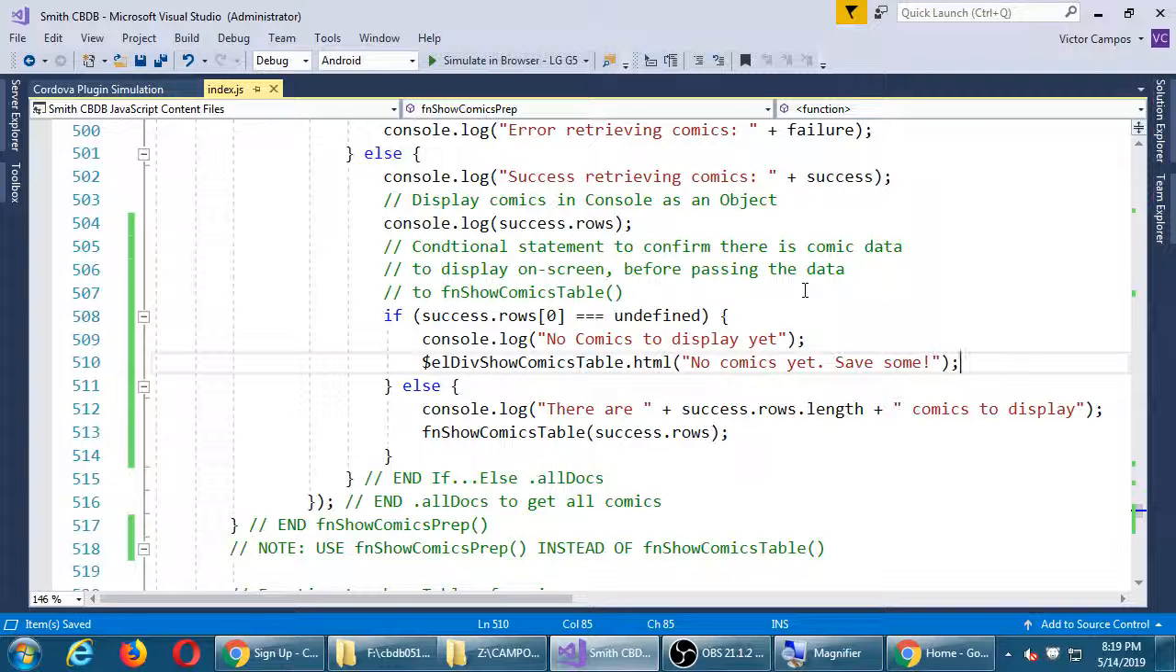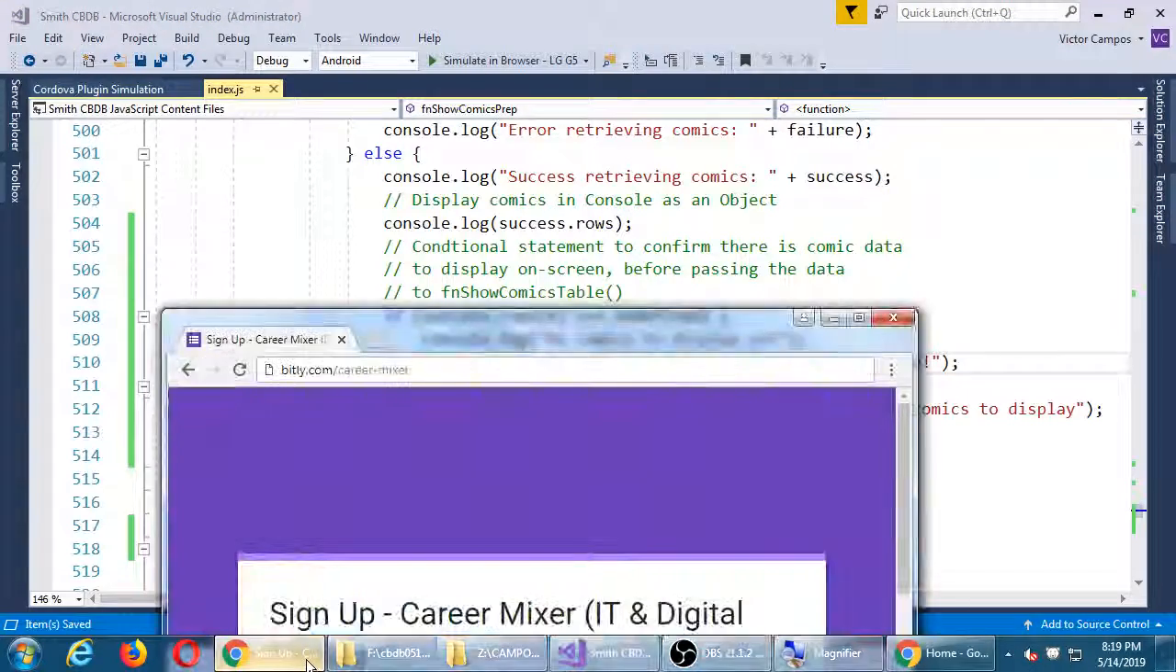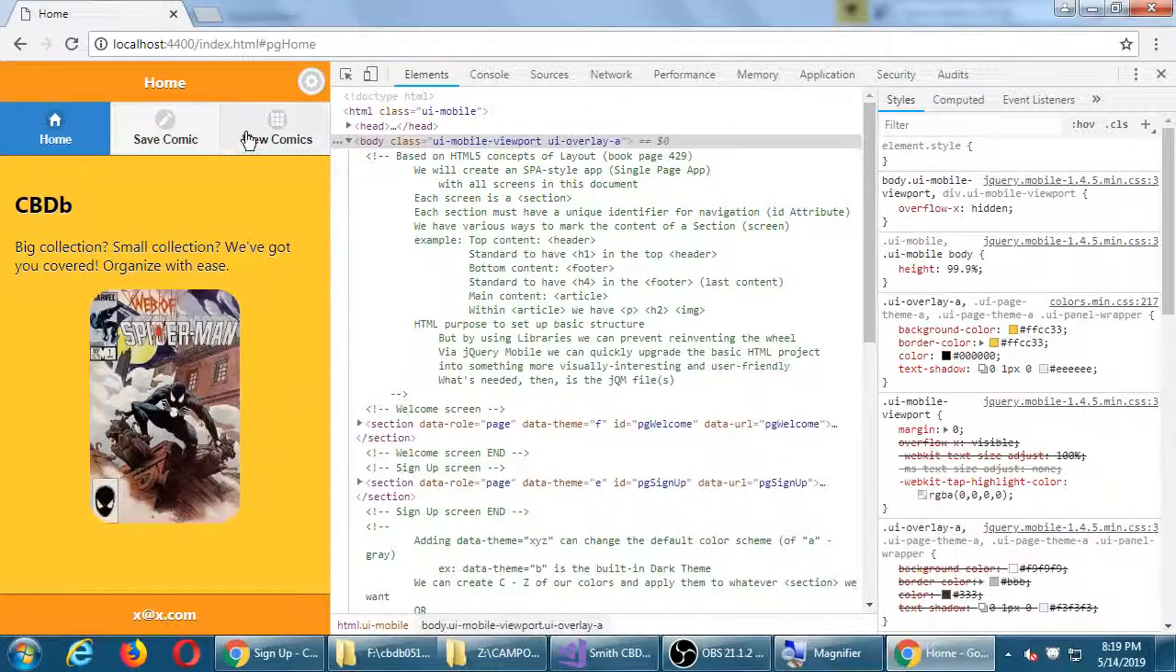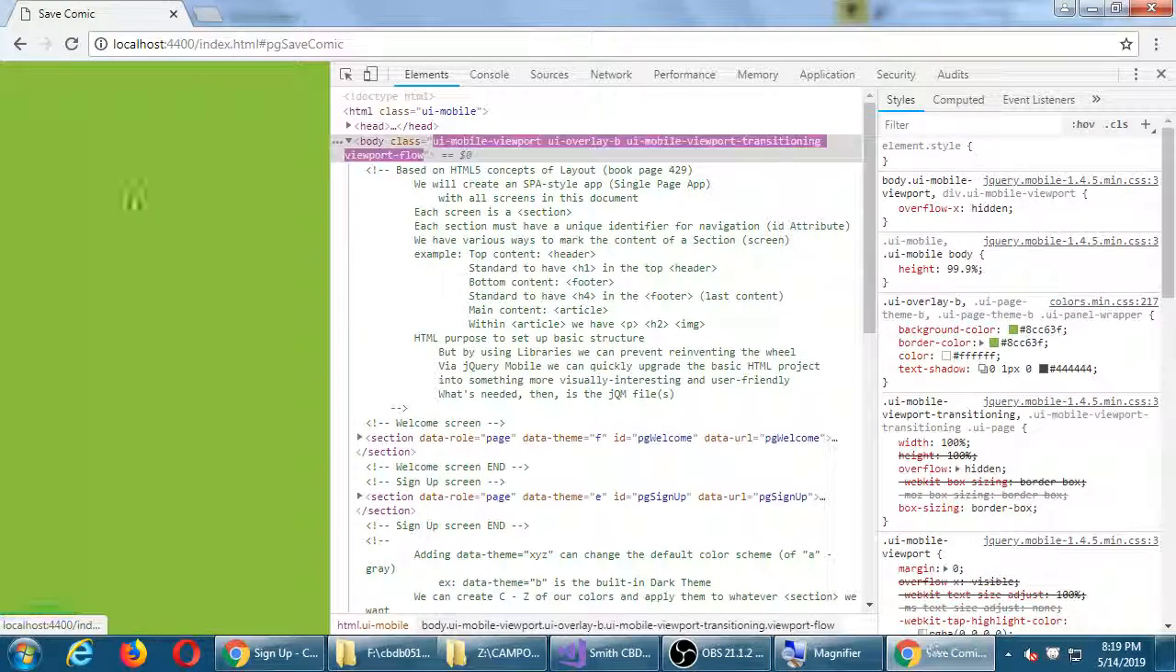I know how to make a random number. What can I do with that? I know how to write HTML via JavaScript. Well, what can I do with that? I know how to use a Cordova plugin to make a sound. Well, what can I do with it? So I just demonstrated there with a brand new user that has no comics. Well, there's no comics. If I save a comic,